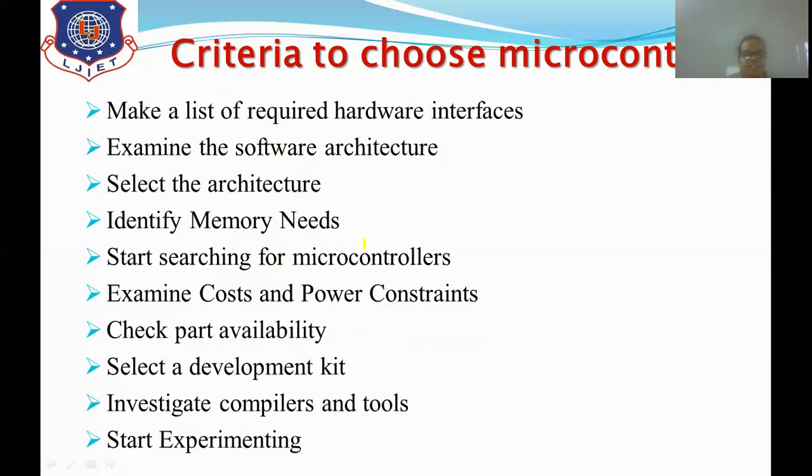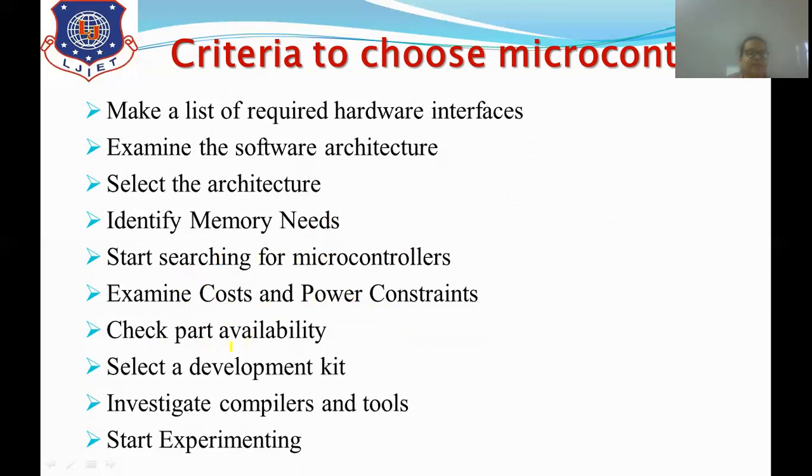After searching, there are multiple microcontrollers, so you need to consider cost and power constraints. It is possible that a microcontroller is the best, but its power consumption is very high. So you need to choose a microcontroller such that the cost is low or reasonable, and the power constraints are also low.